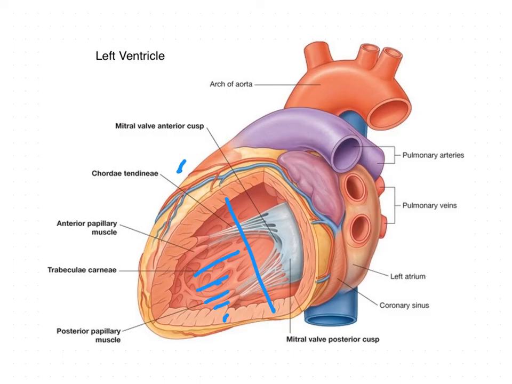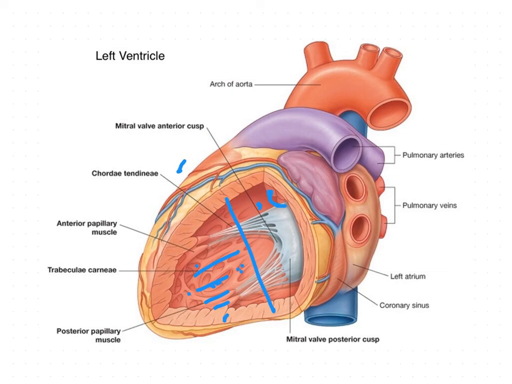This is the lower part, which is roughened with trabeculae carneae. These are the muscular ridges. I have already explained how the muscular ridges are arranged in the right ventricle. The lower part of the ventricle will have the same type of roughened part, and the upper part is the smooth part, and it has an